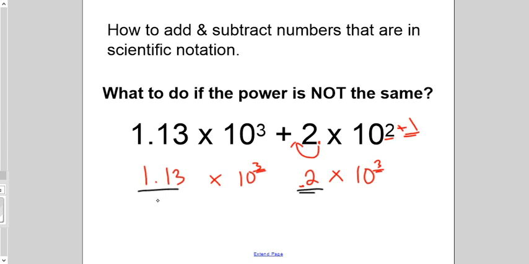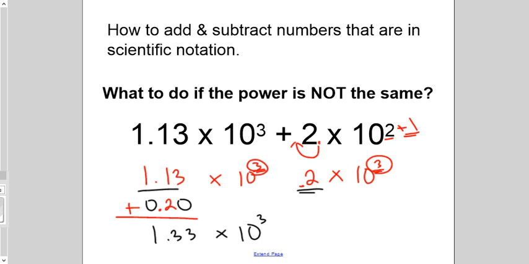So 1.13 plus 0.2, and again add zeros for placeholders if need be, and that's 1.33 times,